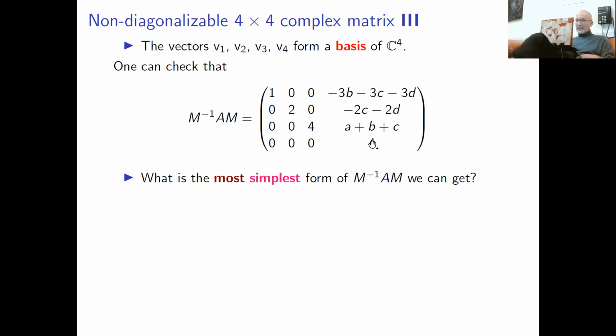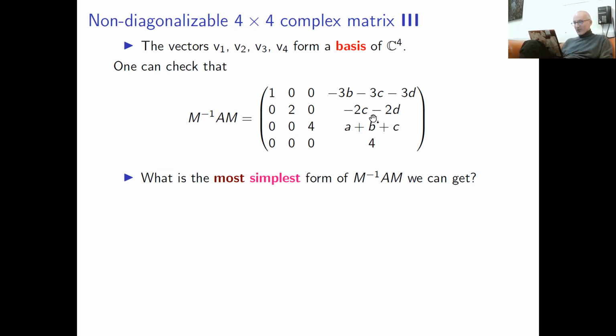So this equality shows me that if I fail to diagonalize, I still can fight a bit to do something. If I cannot diagonalize a matrix, maybe I can just simplify it as much as possible. The simplest possible shape of a matrix is diagonal, but I cannot get a diagonal matrix here. So maybe I can get something close to diagonal. I already get something close to diagonal. This part is just perfect. It looks like diagonal to me.